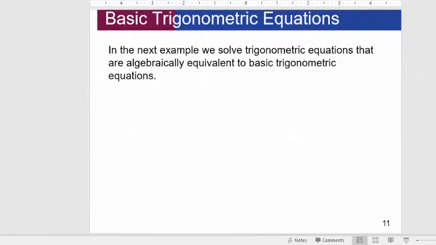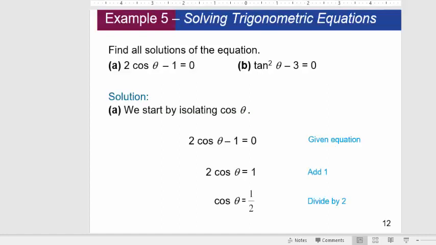All right, so the first couple that we looked at were just initially basic trig equations. So now we're going to get into some that you actually have to manipulate a bit to get them into that basic trig equation form. All right, so the first two here, 2 cosine theta minus 1 equals 0 and tan squared theta minus 3